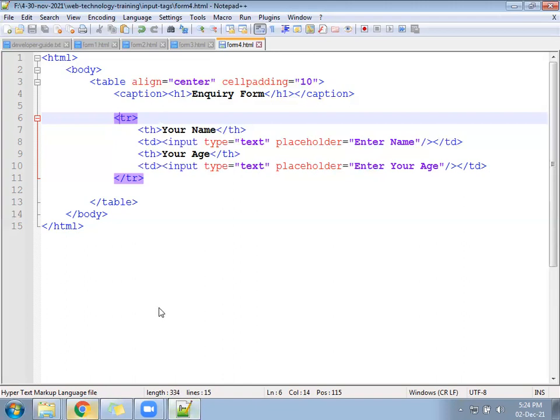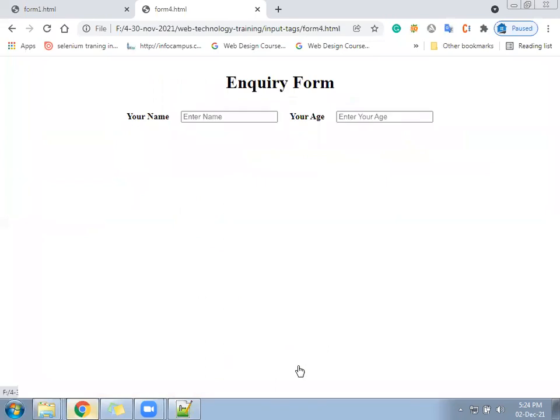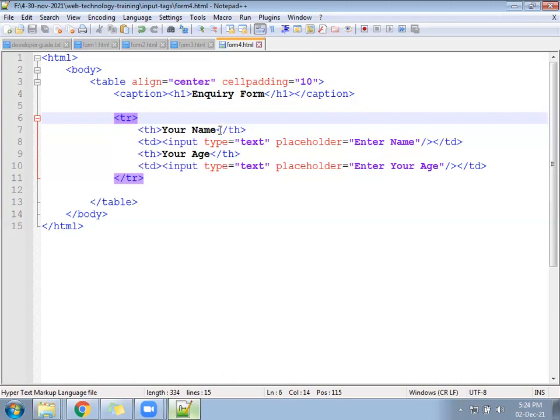Okay, so how does that look? Something like this. Total 4 columns in one row. After that, there should be a star mark in red color.